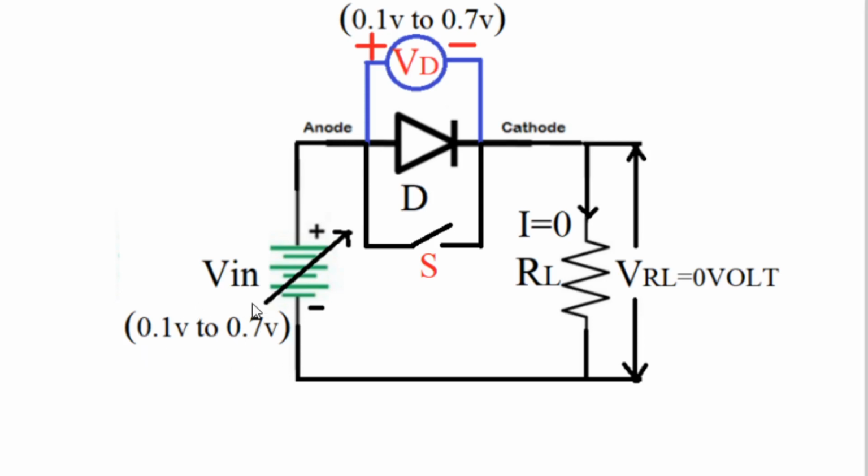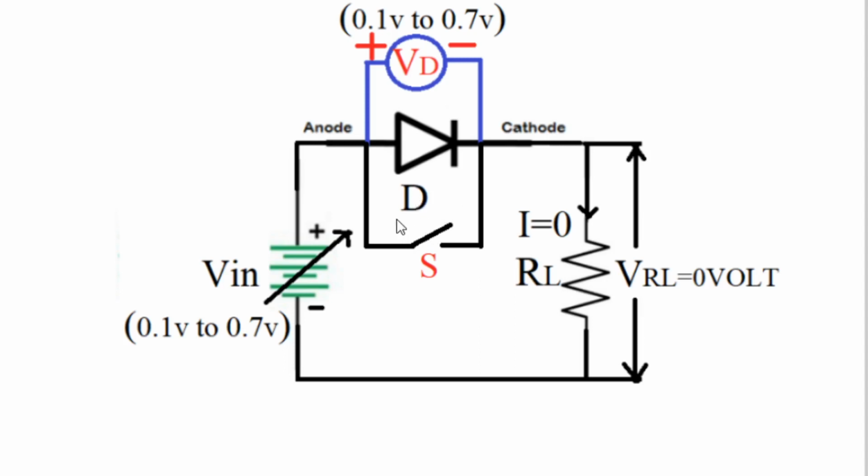Okay, so in this way, this input voltage Vin is not sufficient to force the diode into conduction. Why is it not sufficient? Because the barrier potential of the diode is 0.7 volt and applied input voltage Vin to the diode, which is used to forward bias the diode, is less than barrier potential. Therefore, in this diagram, you see Vin is variable, but it is varying from 0.1 volt to 0.7 volt. Therefore, diode will not conduct and it is behaving as an open switch.